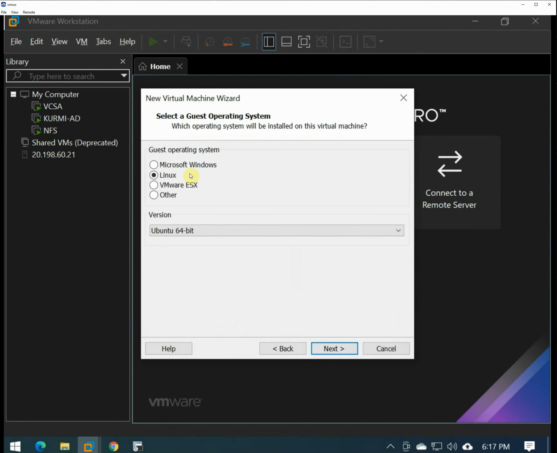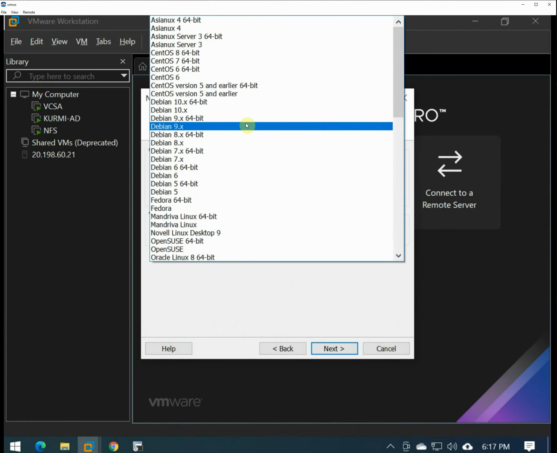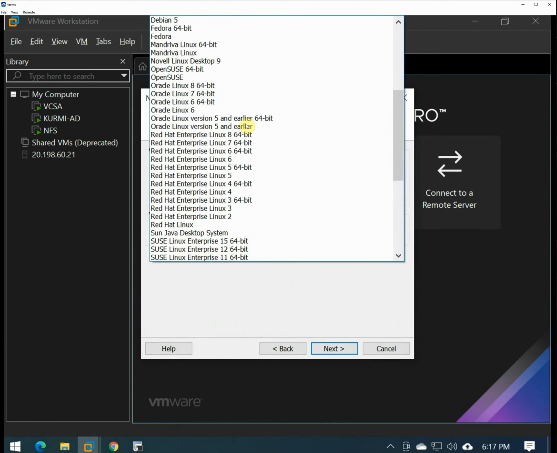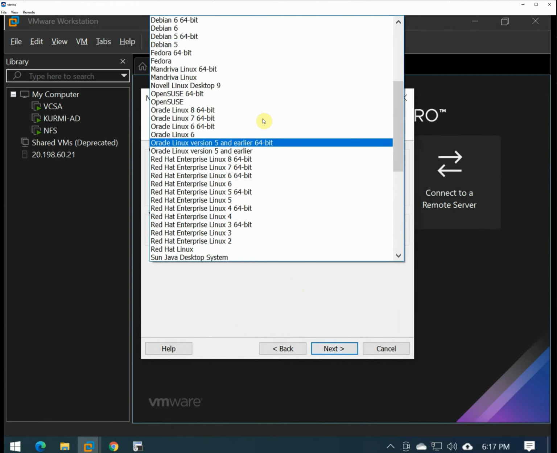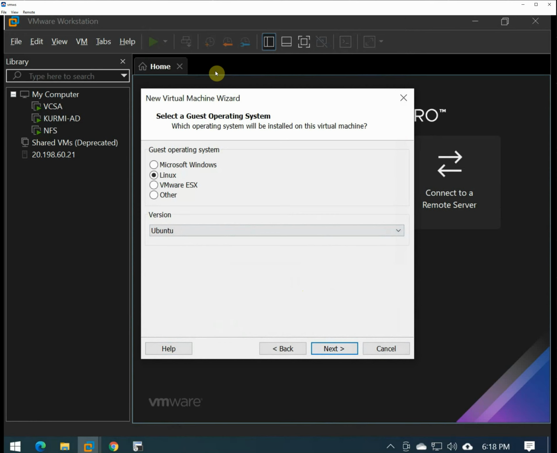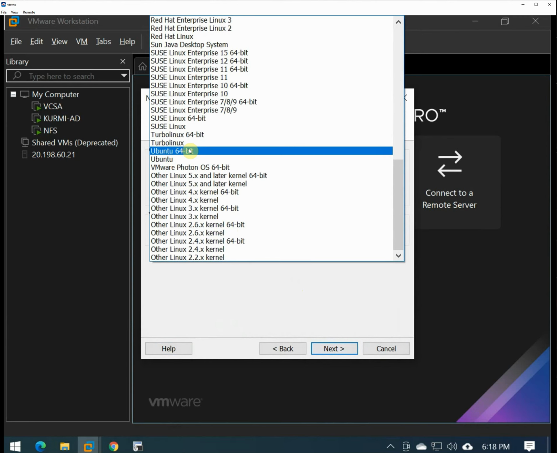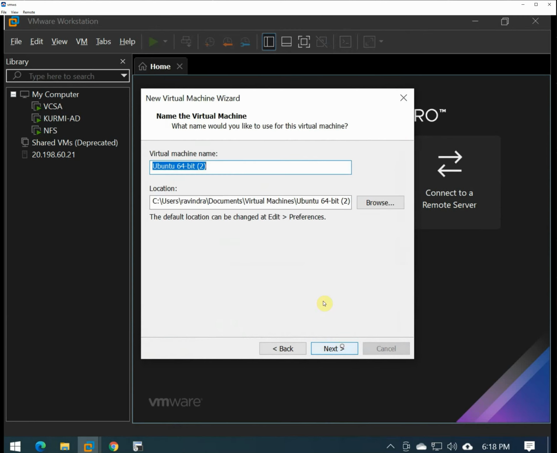Click next. There are multiple options here, and I'll be installing Linux. Under Linux I have different types of Linux versions which are supported by VMware Workstation, and I'll be looking at Ubuntu 64-bit. You can see there are two Ubuntu releases. In our case it's a 64-bit operating system, so I will select Ubuntu 64-bit and click on next. Alright, next you need to define a name for your virtual machine. I'll call it NTP server,